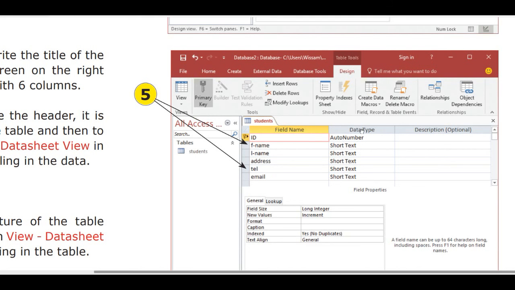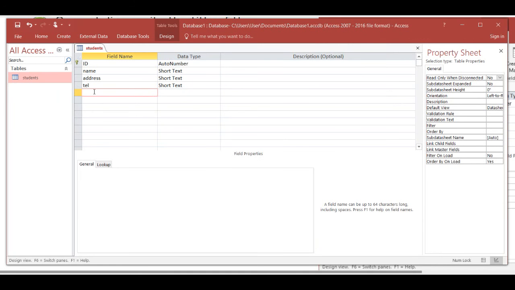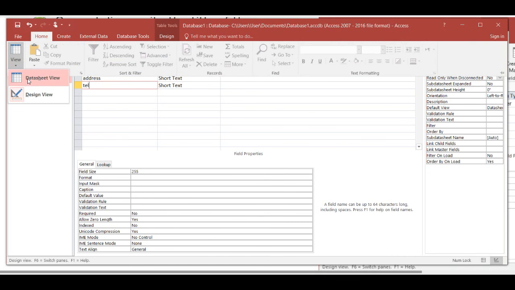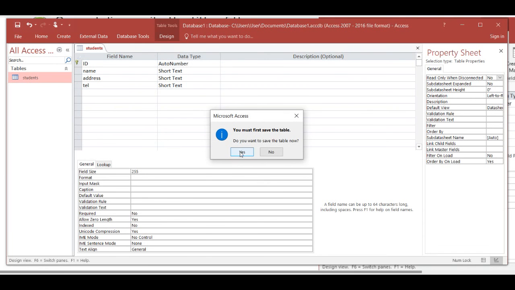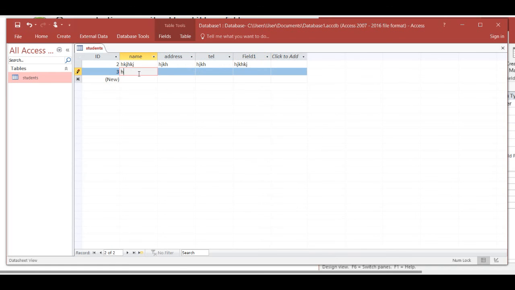After that there is a specific lesson to explain what data type is and how data type can affect the control of the data input. And at the end, we ask the students to switch to datasheet view. So here, if I create, for example, this table with name, address, and telephone, I go through the view mode and to datasheet mode. The computer asks me to save the table, and once saved, I can start filling in the information as you see, record 1, record 2, record 3,